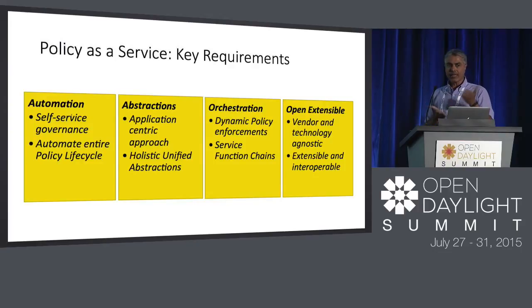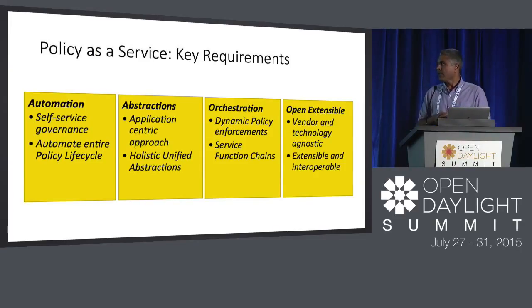The abstraction, again, I touched upon that in the slide before where I said there are multiple layers of abstraction. The general thing here is you want to move up, because the lower-level abstractions have less and less meaning. At some point, you're going to have to come up and describe what you want from the infrastructure. So you can go up, or you can go all the way down. Because all our northbound interfaces are coming up, there has to be more of an application-centric view. That's the general idea, which I think most people are bought into.